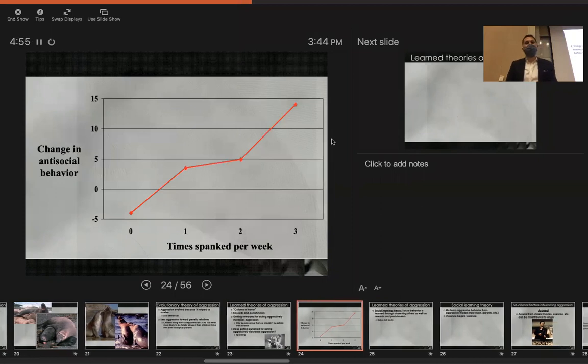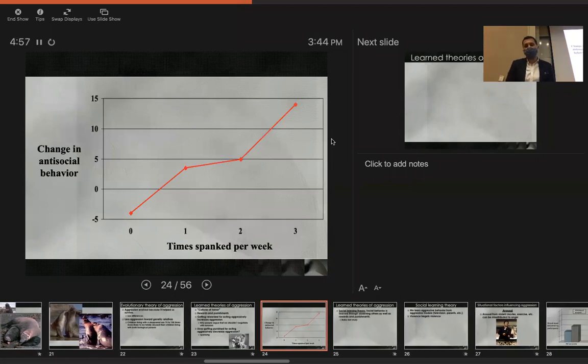There we go. These are the results of one such study. So what they did in the study is they brought kids into the lab, and using various measurements, they were able to measure their antisocial behavior, which you can imagine as a measurement of how aggressive these kids are. Then they left the lab and came back sometime later, maybe a year or 2 years later. And they again measured their antisocial behavior, again, a measurement of their aggression.